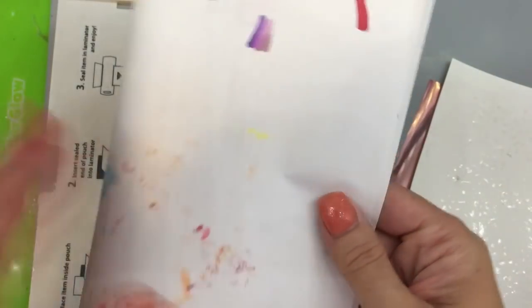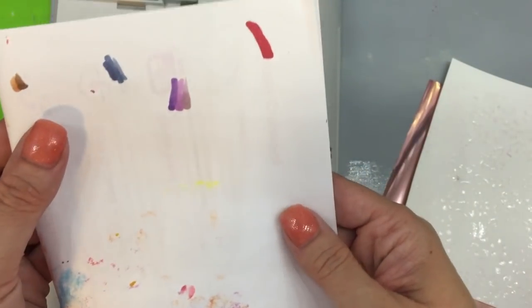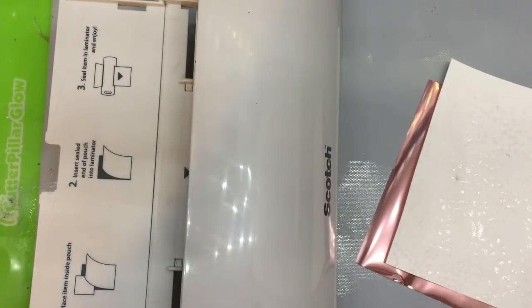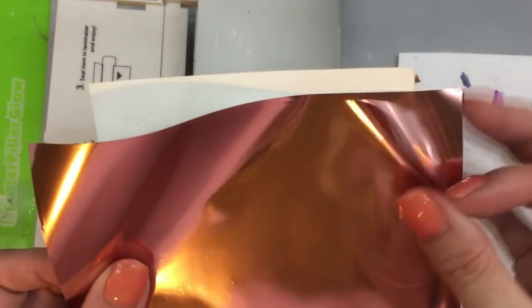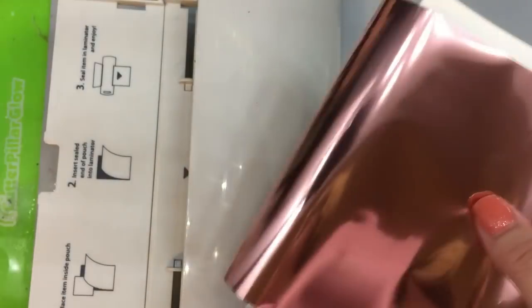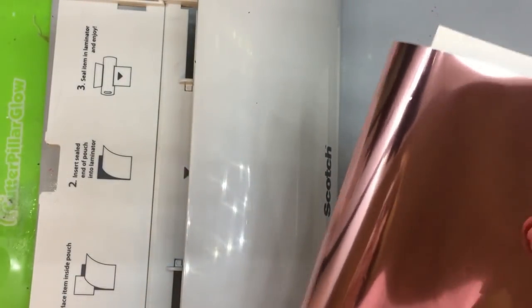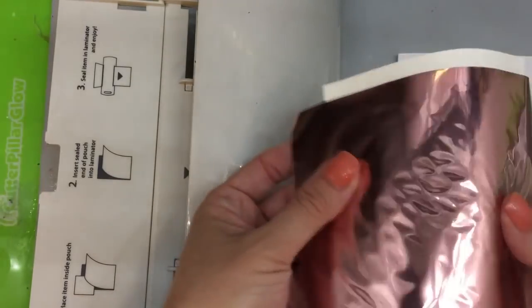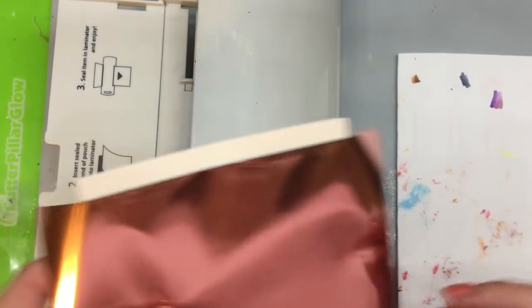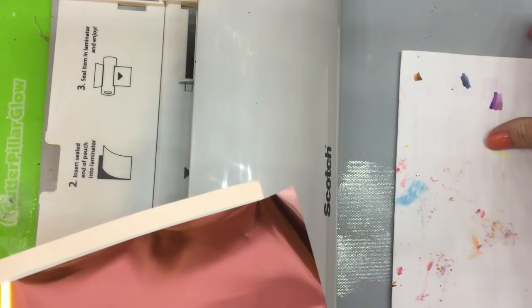So what you're going to do is you're going to take a piece of copy paper. You're going to fold it over. This is just a scratch piece of copy paper. You are going to take your beautiful foil and you're going to lay it down like so. Ooh, I got 2 there. You only want 1. You're going to lay it over your image. You can go ahead and cut it down if you want, but you're just going to lay it down over your image, and then you're going to slip it into